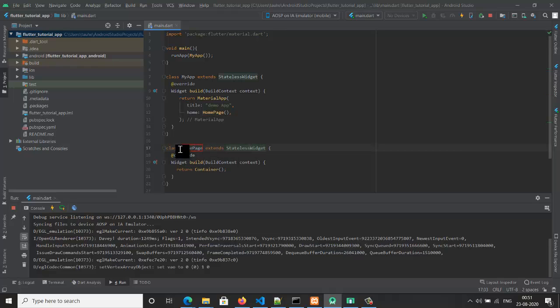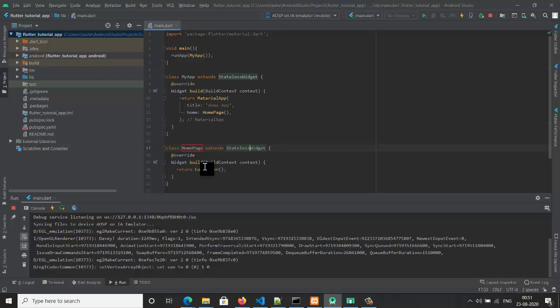In this widget, as you can see, HomePage is a stateless widget. It's extending the parent class StatelessWidget, where the parent classes are defined in Flutter. So what we are doing is creating a stateless widget of HomePage.